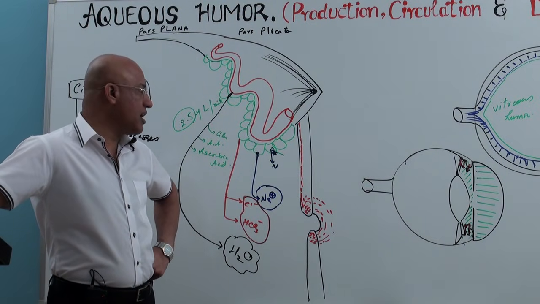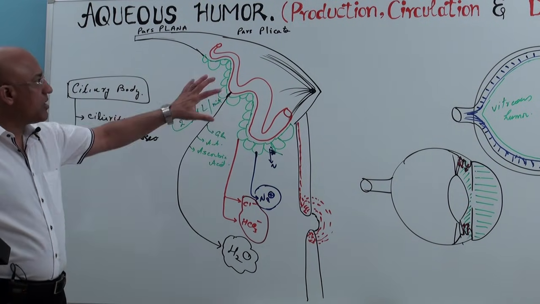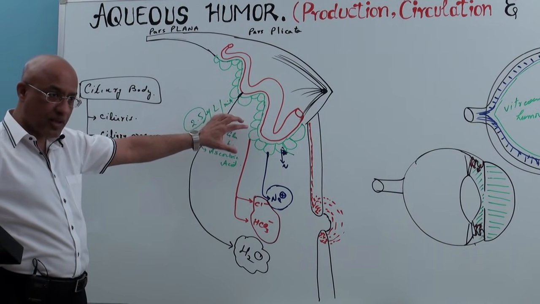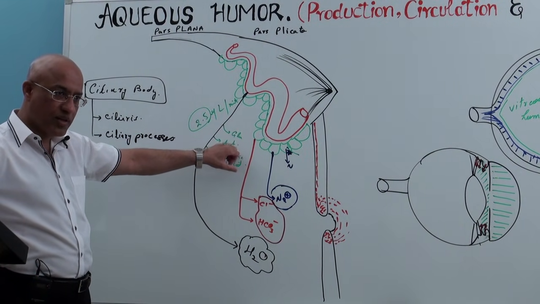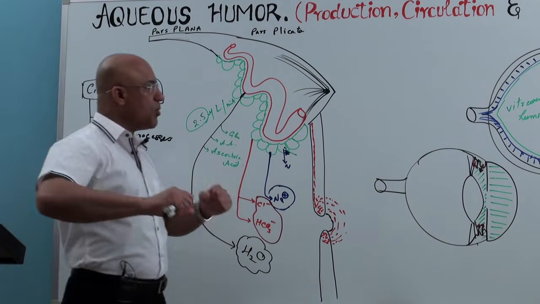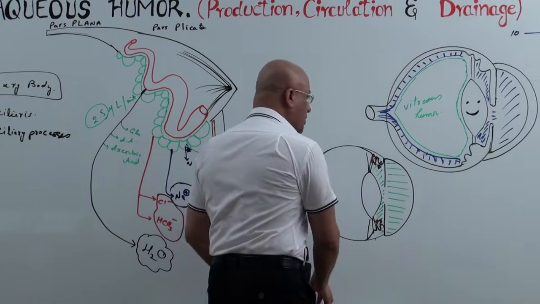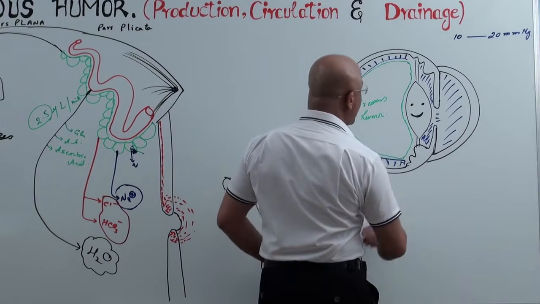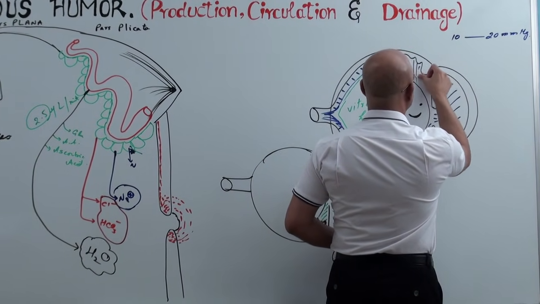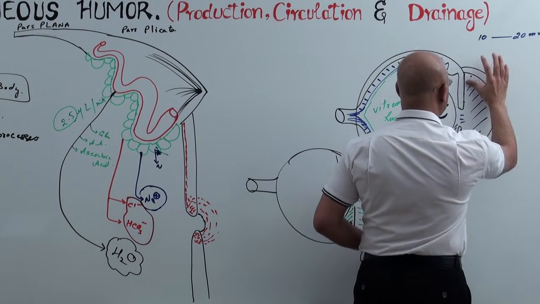So what did we learn up to now? That the epithelium of the ciliary processes is actively secreting aqueous humor into the posterior chamber. Right? Now, once it is secreted into the posterior chamber, then what happens? Now we'll go into detail that as it is being continuously secreted,